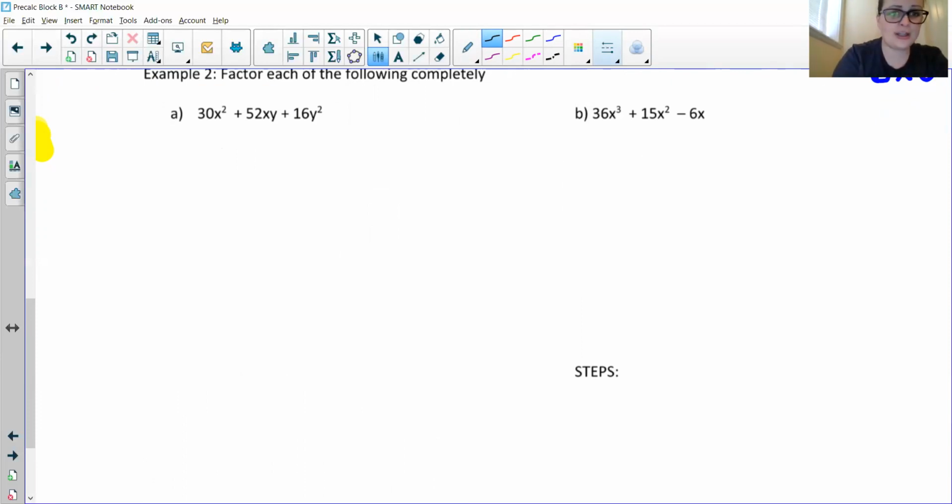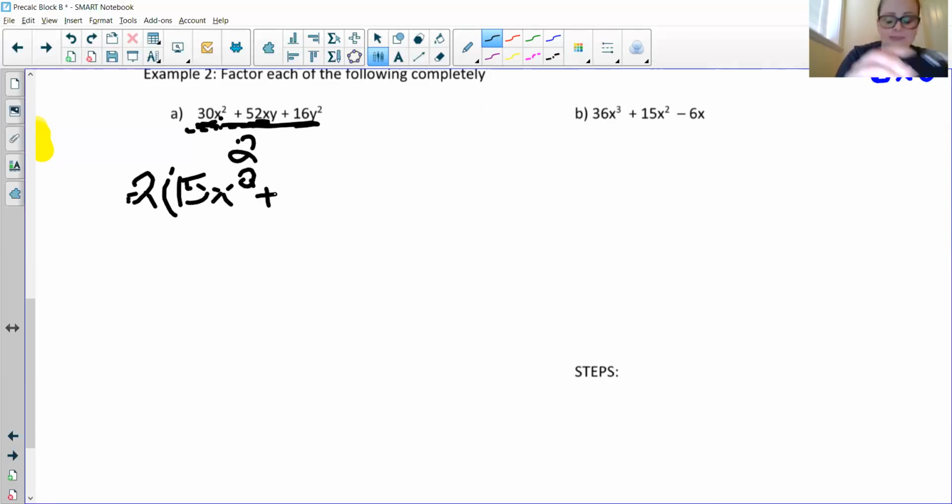So if you look at 30x squared, you look at 52xy, and you look at 16y squared, none of those three terms have the same variables in it all the time. So you can't reduce the variables, but what you can reduce is the numbers because they're all even, which means they're all divisible by 2. So if you divide them all by 2, you're left with 15x squared plus 26xy